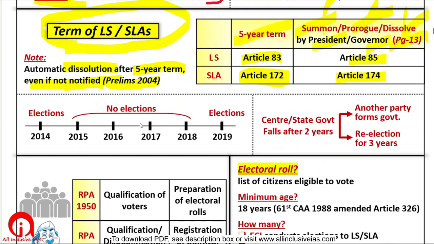Now during simultaneous elections, one biggest concern is that, suppose in 2014 you had elections for center and state, all the states simultaneously. Now for 5 years no elections, after 5 years you will have some election, but in between, let us say in 2016, after 2 years, some state government falls down. Madhya Pradesh government, there was government of Congress and BJP purchased the MLAs, and now the government has fallen. Then what will happen? The synchronization will break. So there are two solutions to this problem.